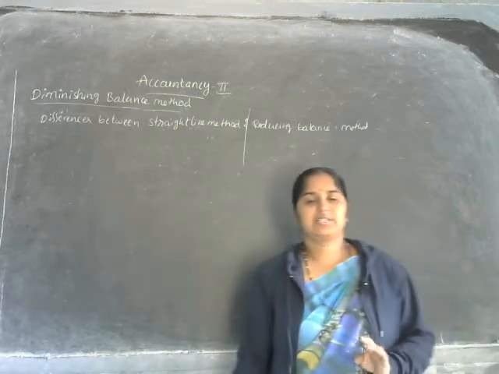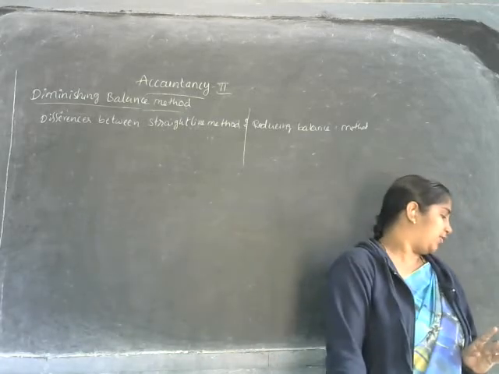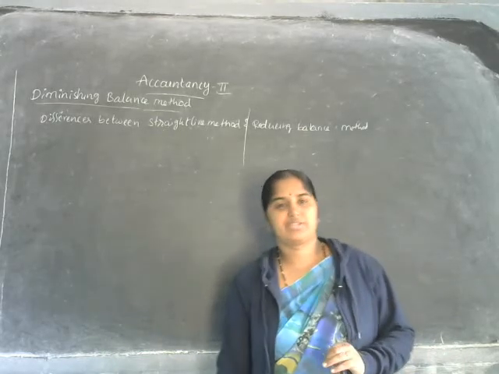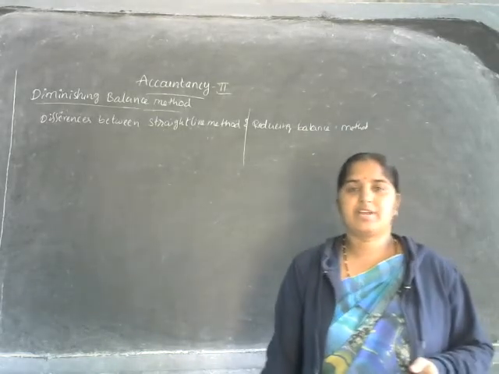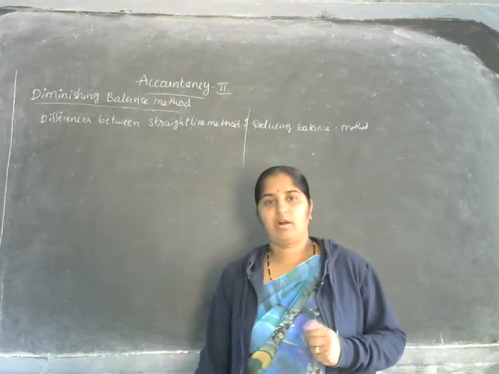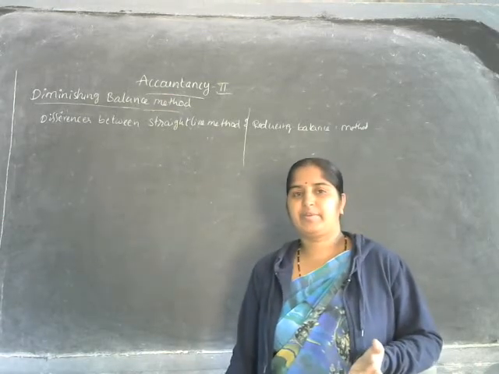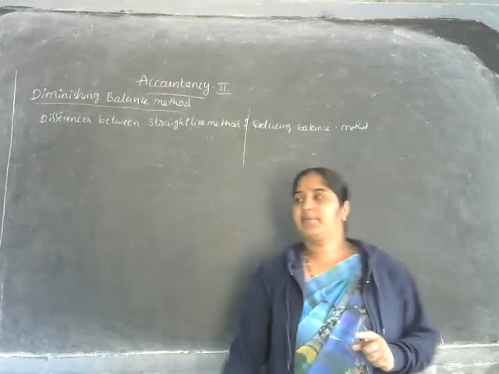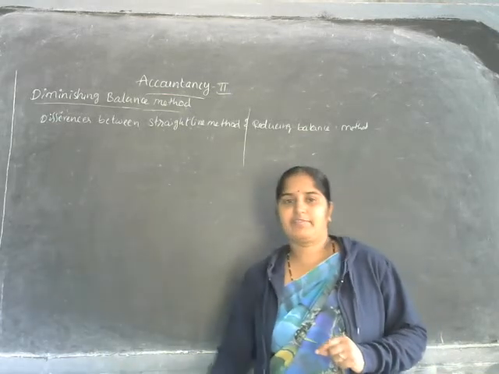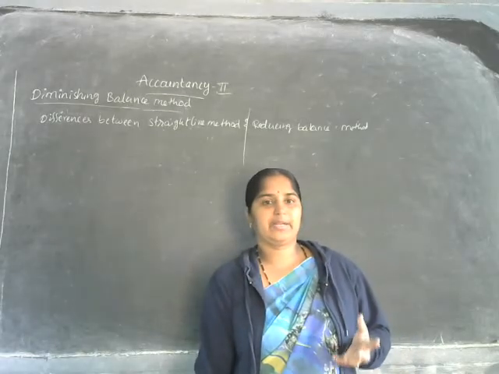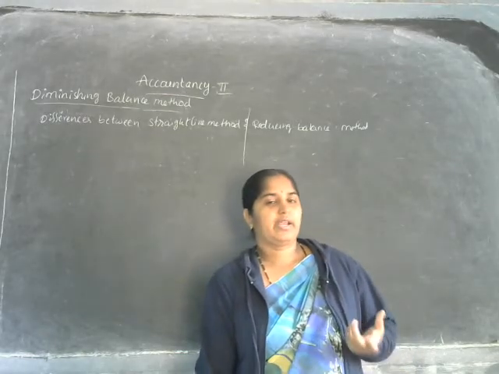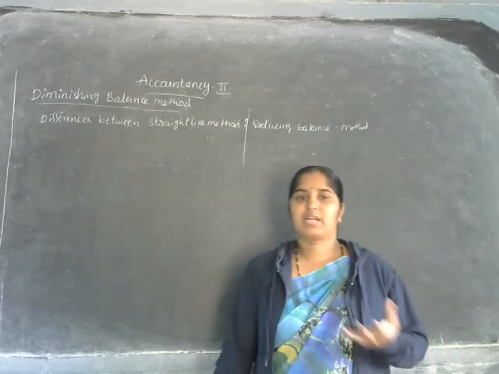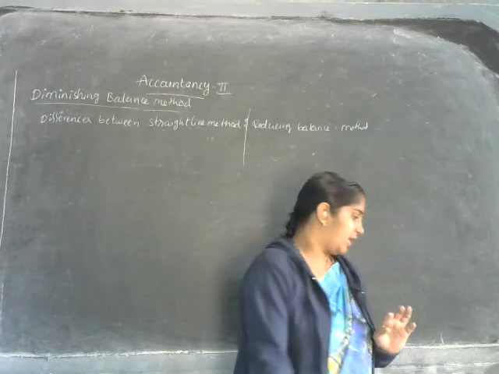In the straight line method, the next one is the value of the asset. After completion of the lifetime of the asset, the value may become zero, or it may have some residual value or scrap value. So here, the asset value after the lifetime is over is going to become zero, or it may have some residual value or scrap value.